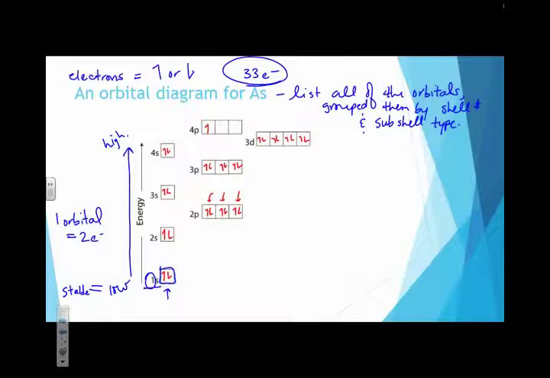And the question becomes, do I put them 2 in the first orbital and then 1 in one of the other orbitals, or do I put them 1 in each? If you recall from our first slide, we talked about the fact that electrons will go into an orbital by themselves before they start to pair up. So this configuration, where they are 1 to each orbital, is correct. And that completes my orbital diagram for